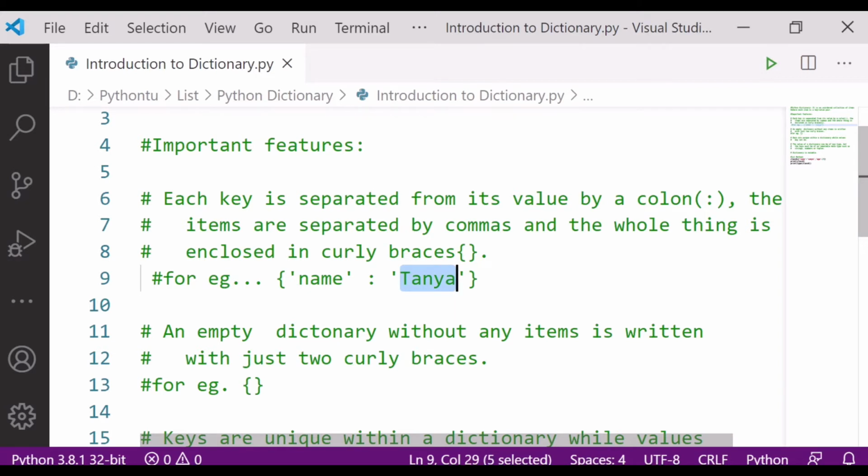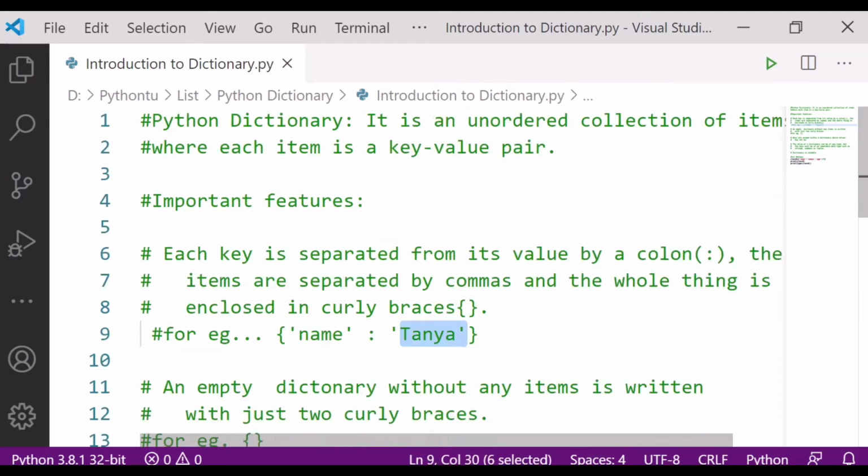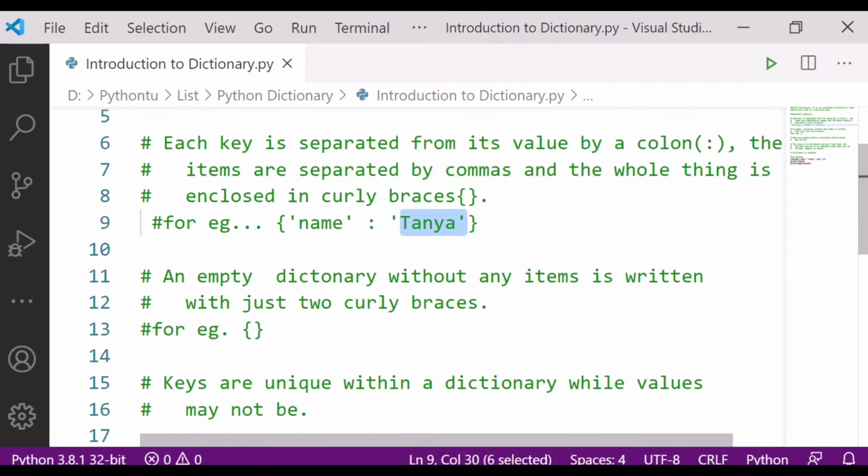So this is known as a key-value pair. Next, an empty dictionary without any items is written with just two curly braces. If we have to create an empty dictionary, we don't write anything inside, we can simply write it this way.